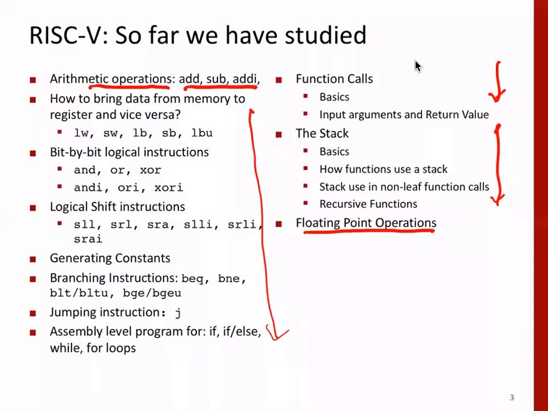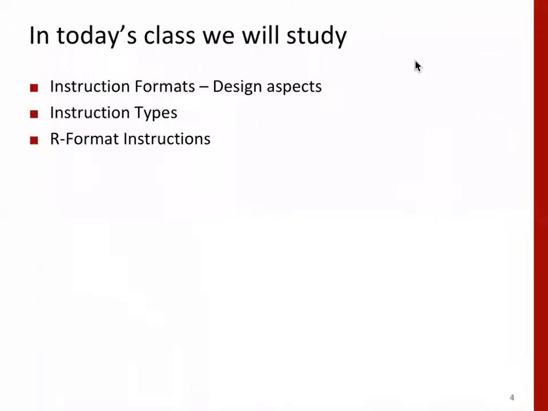Now, I will request you one thing: please look at the floating point instruction set for RISC-V. In one of the assignments, some students were saying that there'll be overflow for the factorial number. There won't be overflow if you use floating point numbers. So try using floating point numbers using the Venus simulator. The Venus simulator supports a certain number of floating point operations, not all, but most of the basic operations. So please go through it and try, and if you're not successful, please let me know.